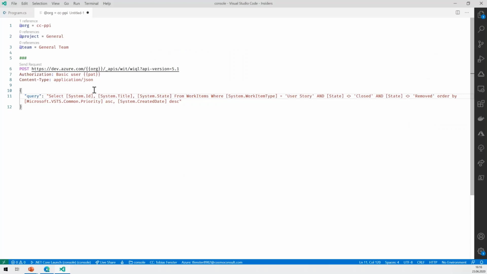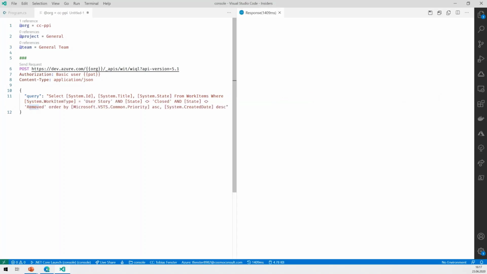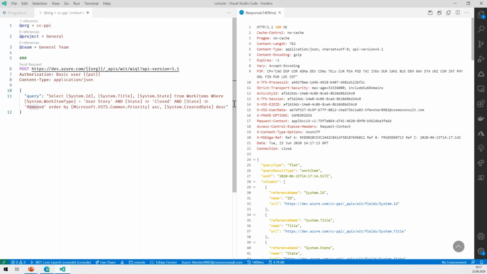So it's going to select the ID, the title, and the state from all work items when they are user stories, and it will not include the closed ones and not include the removed ones, sorted by priority and by created date. And with that, I will just click send request, and hopefully, if I didn't miss anything, we should get an answer. Here it is.